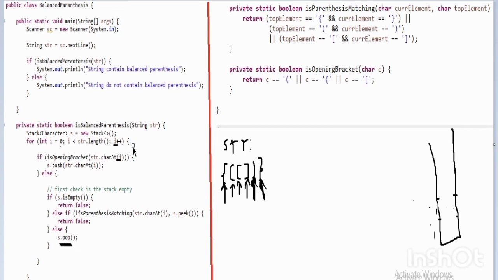At the last, now we check, is the stack empty? If our string is completed and the stack is empty, then it returns true. It means the given expression is valid.